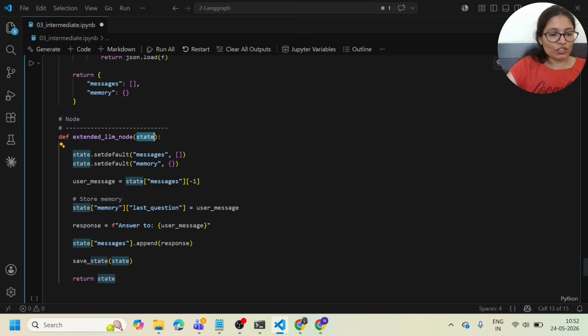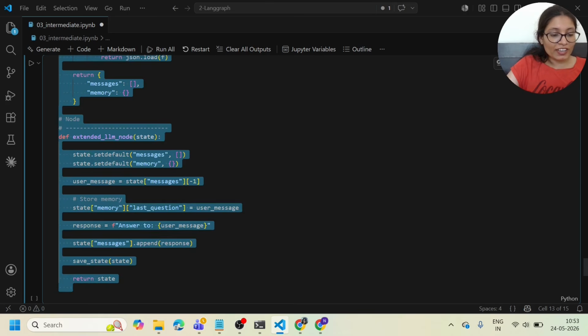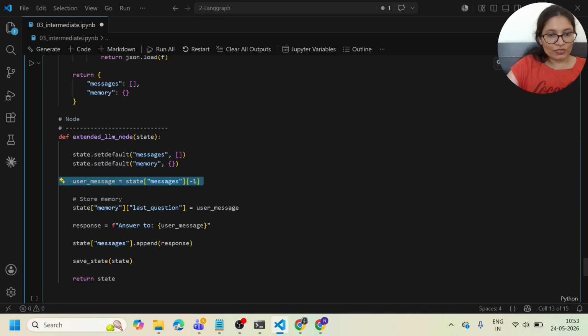Okay, so this node processes user message. Here you can see state dot set default message. It ensures required keys exist in a state, like message and memory. And get the latest user message. So user underscore message equals to the latest message, the last message of